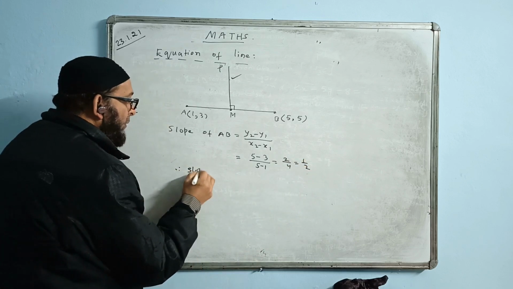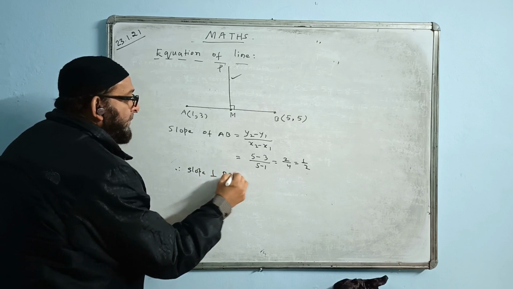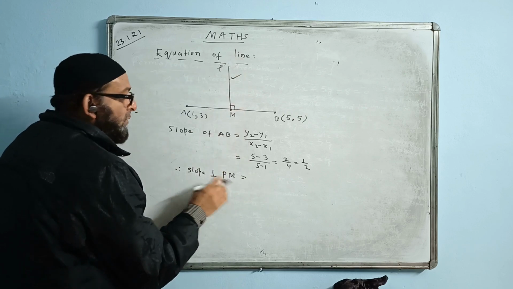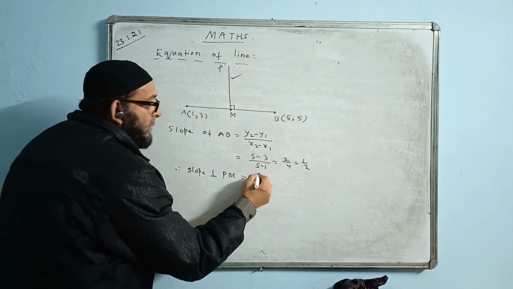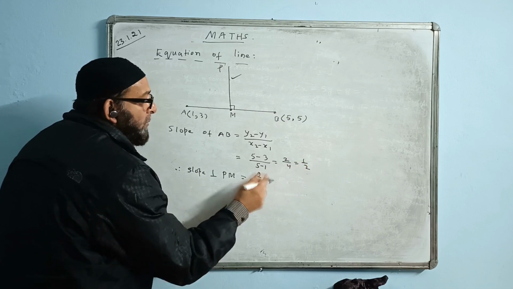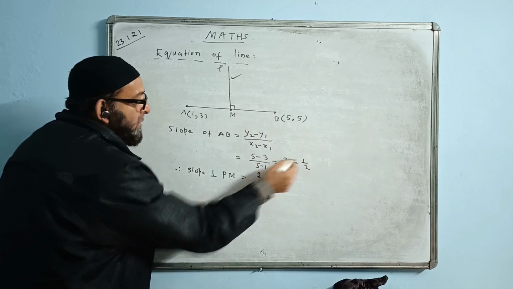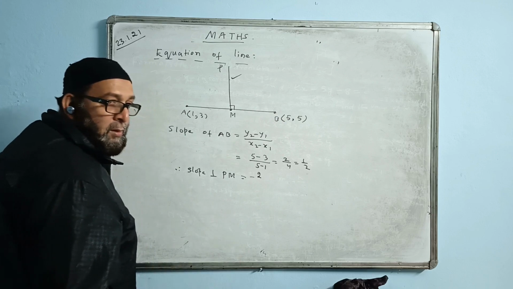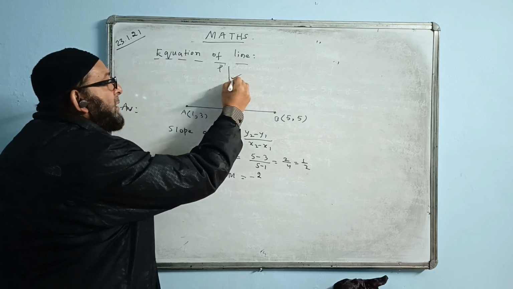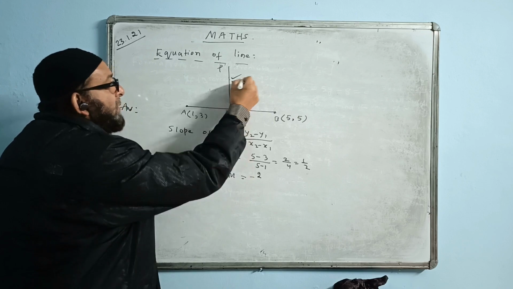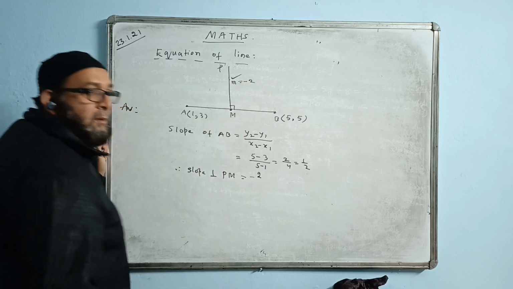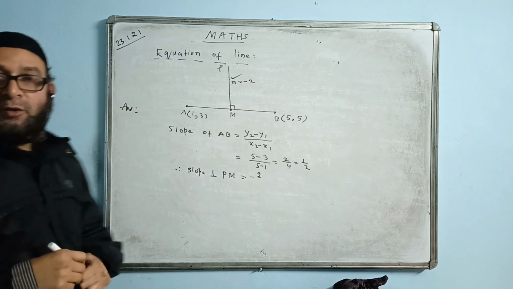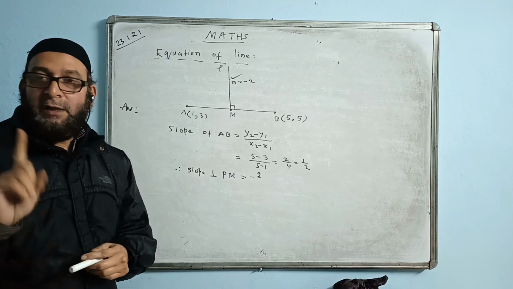Therefore, the slope of the perpendicular line PM. Slope of that line will be what? Turn upside down, reciprocate. 1 by 2 now becomes 2 by 1. So 1 we don't write. And the sign will change, becoming minus 2. Now we know the slope of this line. What is the slope of this line coming? Minus 2. To form the line, we need to know the slope and we need to have at least one point